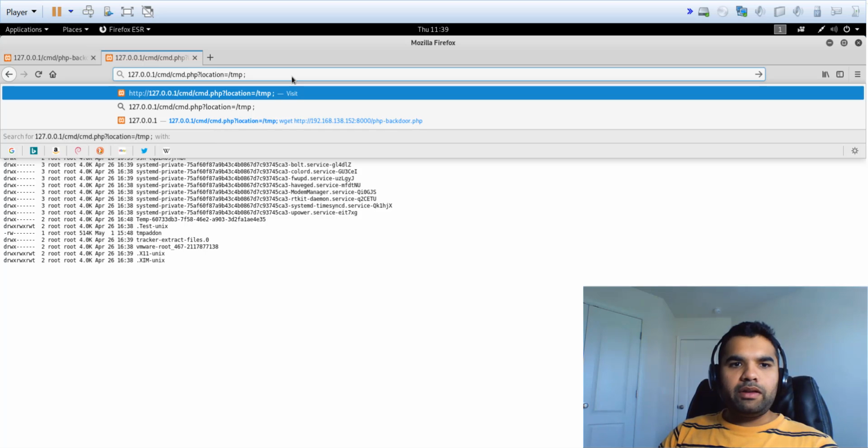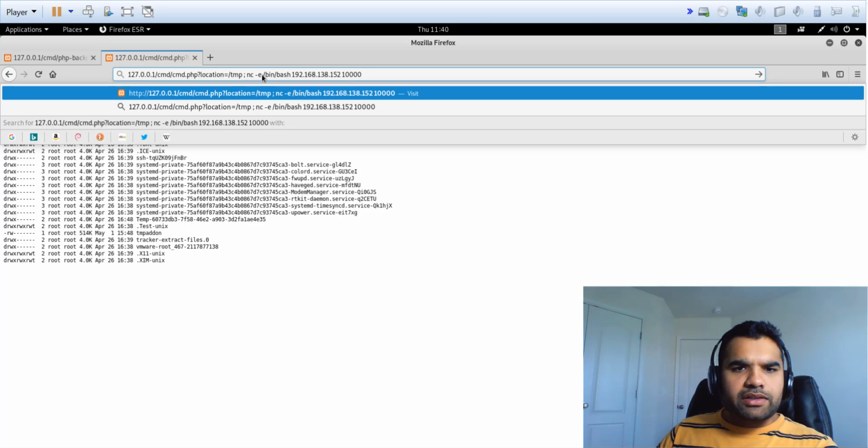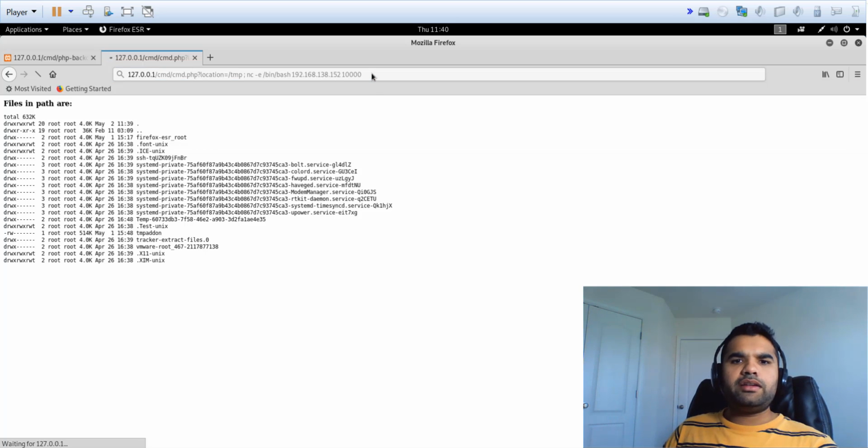Okay, now same thing, we will use the semicolon to run our second command, and we will provide the file name, which is bin bash. Now we want to provide the IP address, which is 192.168.138.152, and the port number which we need to connect to. Let's just verify everything is correct. Okay, I think so. Alright, so now as we have pressed enter, you can see this is rotating, and